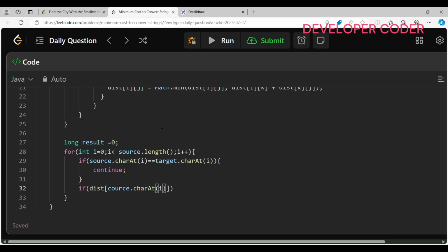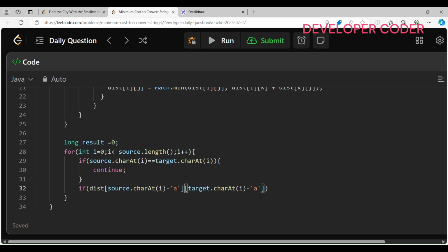What is the value? Then we have to convert it into a number, so here I'm just going to subtract 'a'. So this is my 2D array, so here I'm just going to pass the source index, and after that we have to write target dot char at this particular index